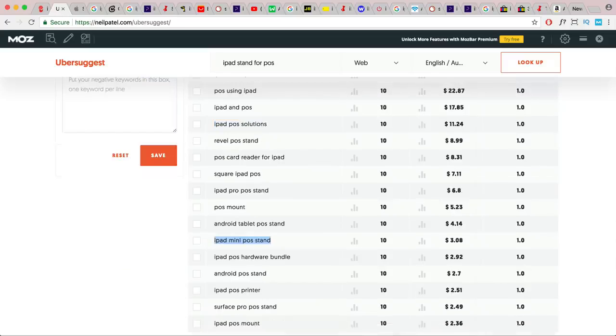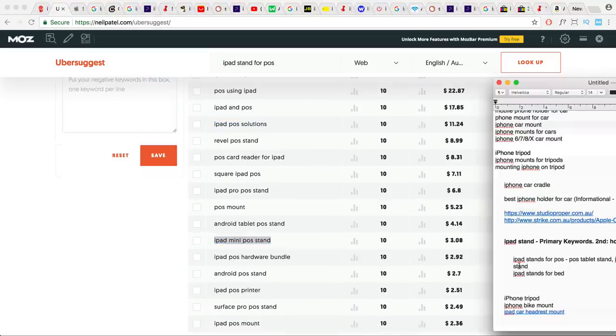Okay, iPad mini point of sale. So that might be a keyword as well. iPad stands for point of sale. Okay, and then you might have one, iPad stands for bed. Okay,